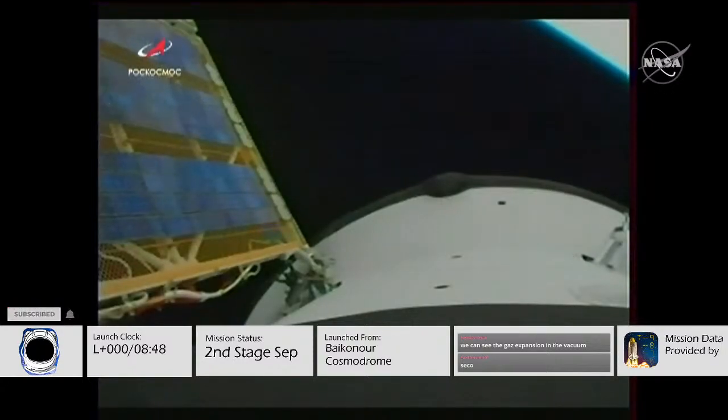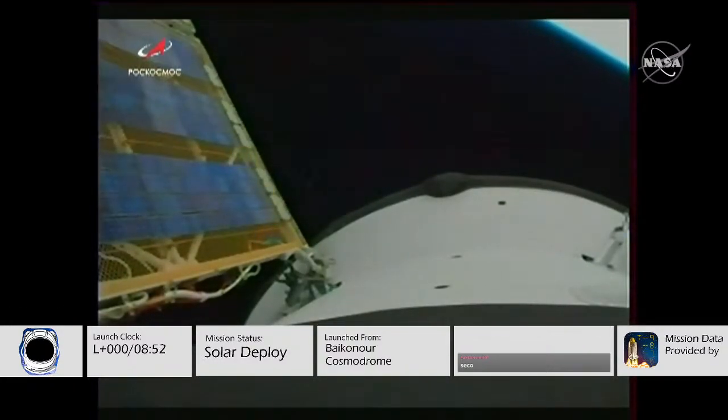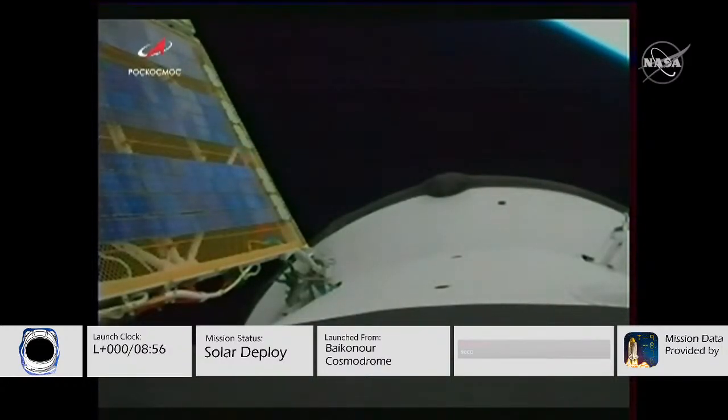And all of the appendages have now been deployed, the solar arrays and the navigational antenna and the TV boom on the Progress. A perfect launch and a perfect ride to its preliminary orbit. Launch occurring at